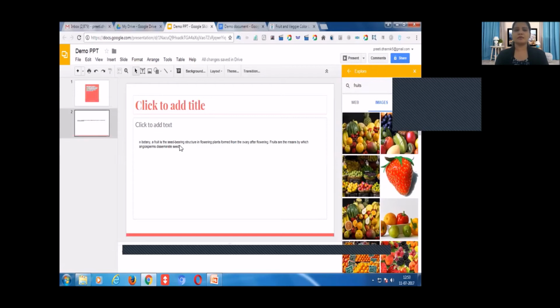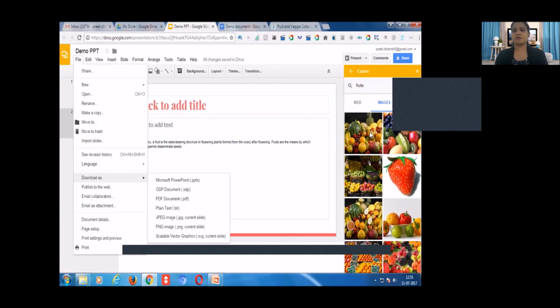Now, if in the same slide or the same presentation you want to add an image, then you go to the Image option. From where we have incorporated this, we have clicked on the Tools option. From Tools, we will get Explore, and in Explore, you have to add your keywords and search about that particular thing. If I have added, like in the previous part, fruit, and I am taking any of the fruit images from this area, you can drag it here.